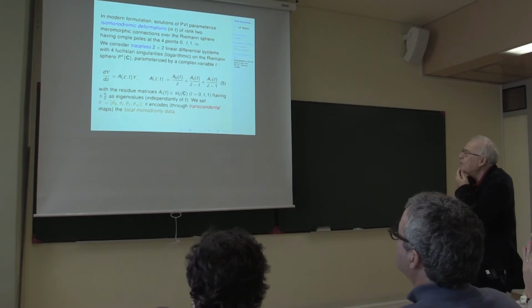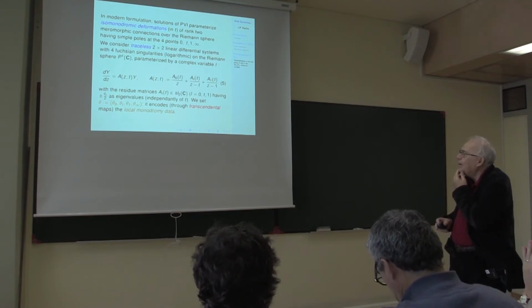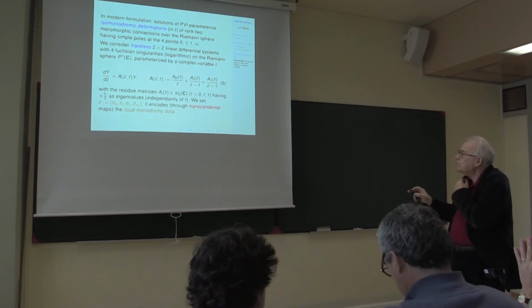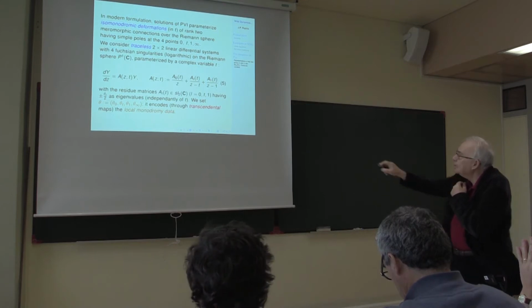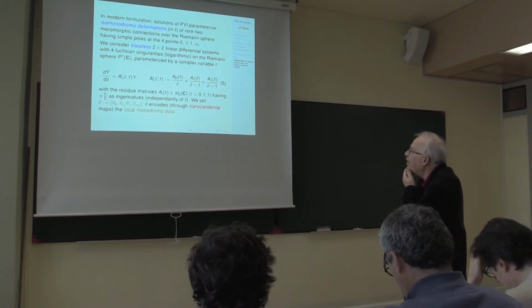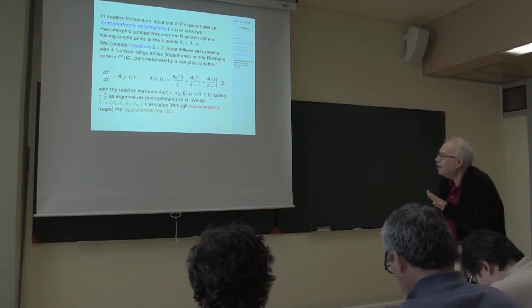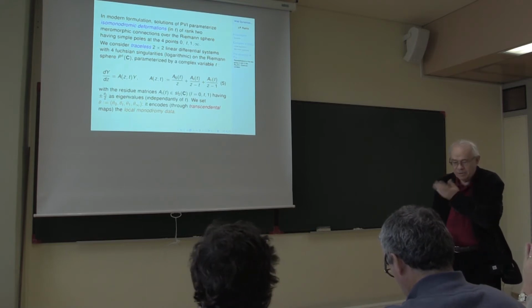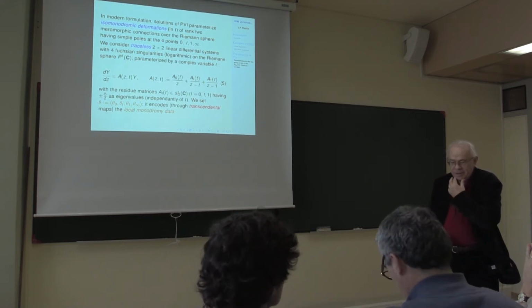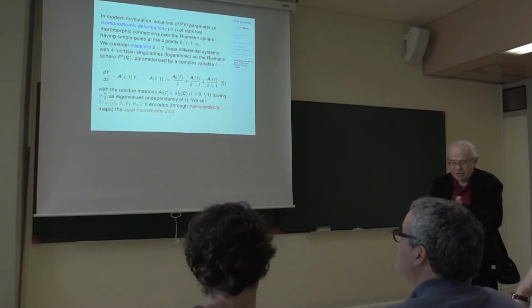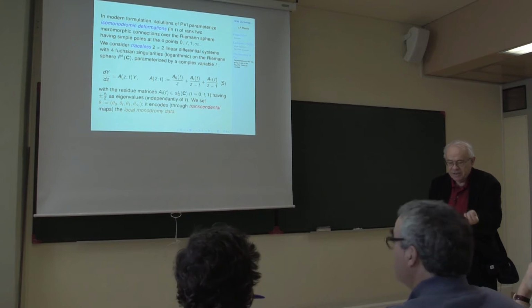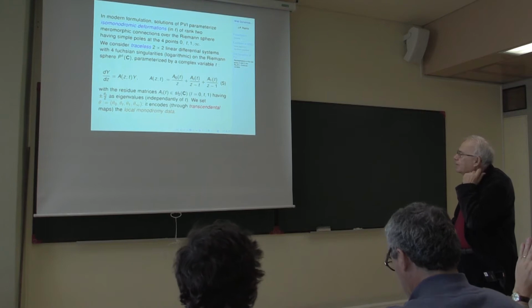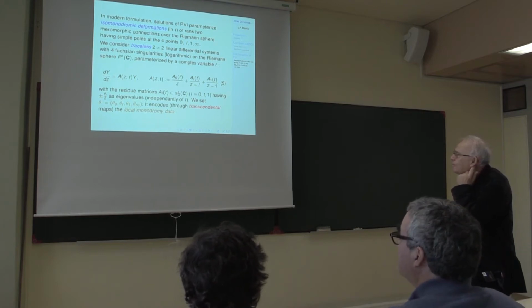So the modern formulation of P6 uses deformation of linear equations. You start from a Fuchsian system of linear differential equations with four singularities. It's better to write in terms of a system. You can also write in terms of, like in some Okamoto works, the ordinary differential equation. In that case, you have to add an apparent singularity. So it's clear, it's better to work with systems.